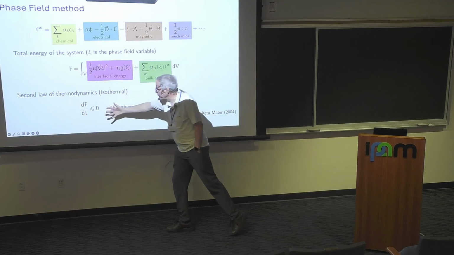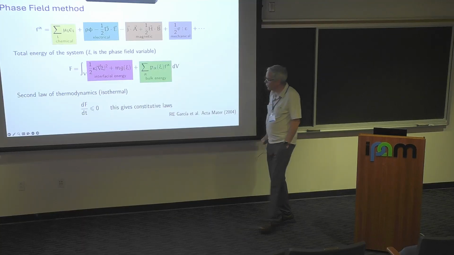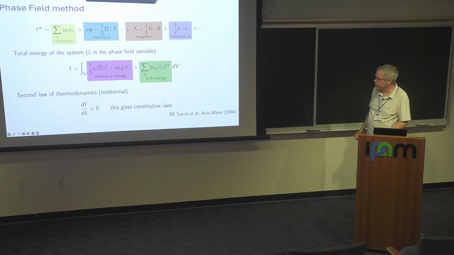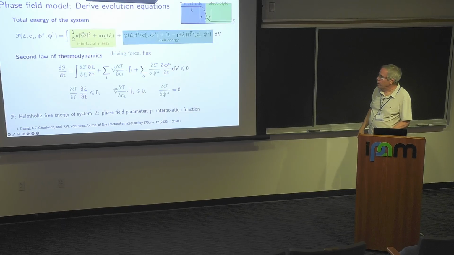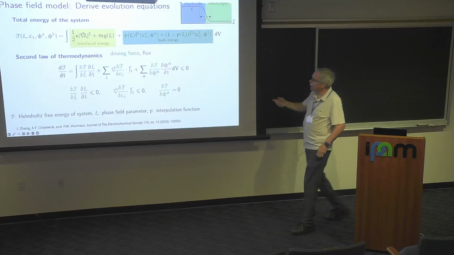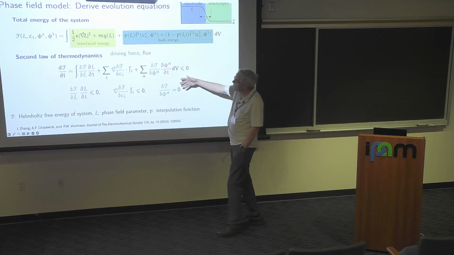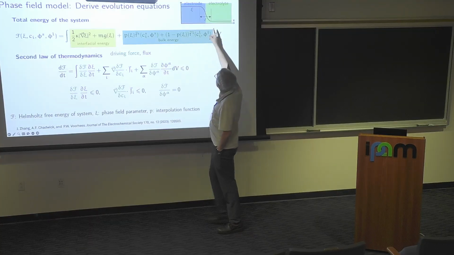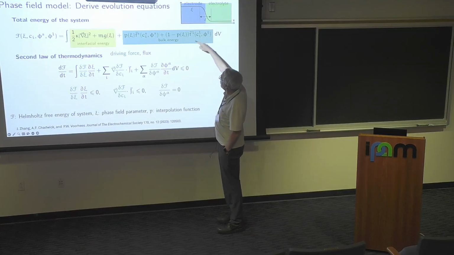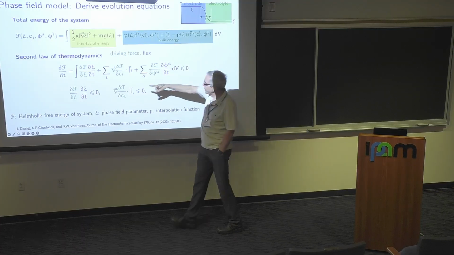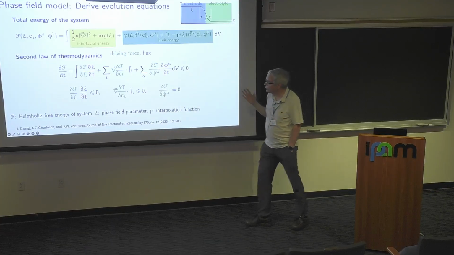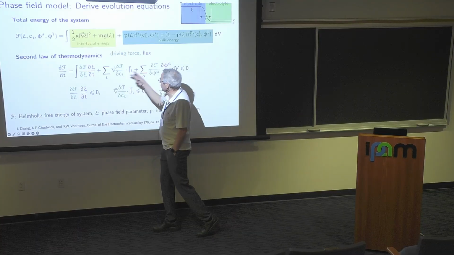You choose the constitutive equation such that the energy decreases with time, which is what the second law says. And you end up with a set of equations that look something like this. This is just a repetition of what I showed you before. These are the interpolation functions that take you from the solid to the liquid: 1 in the solid, 0 in the liquid. And you take the variational derivatives of this function, and you say the energy has to decay in time, and so each one of these terms has to be